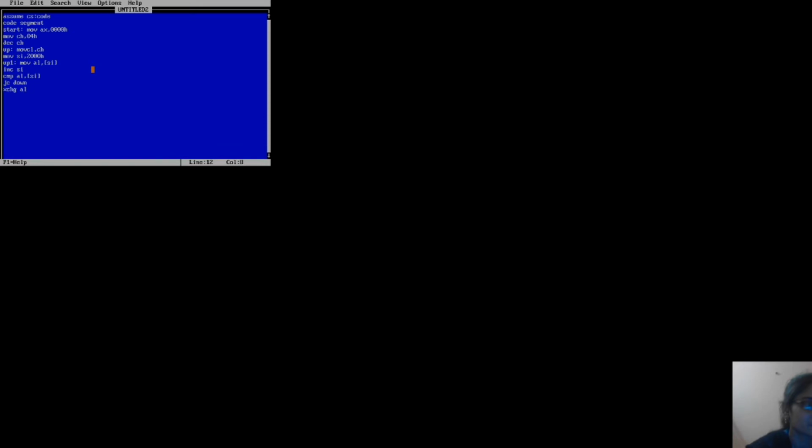XCHG AL comma brackets SI, enter, DEC SI, enter, move brackets SI comma AL, enter, increment SI, enter, label down colon, decrement CL, enter, JNZ jump if not zero to label up, enter, decrement CH, enter, JNZ up to up, and the next instruction is